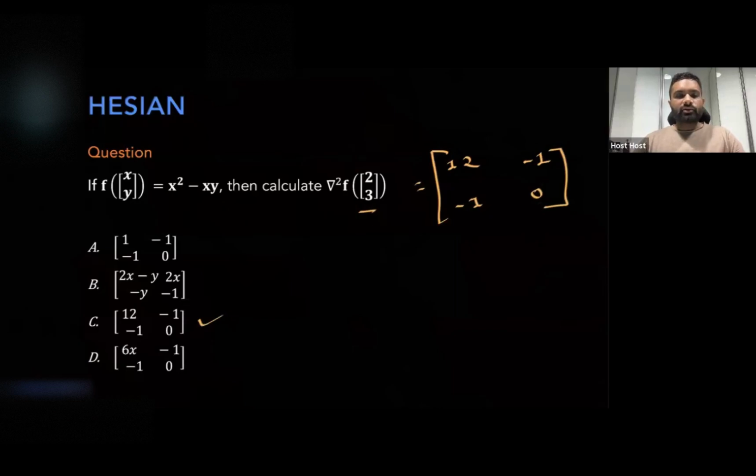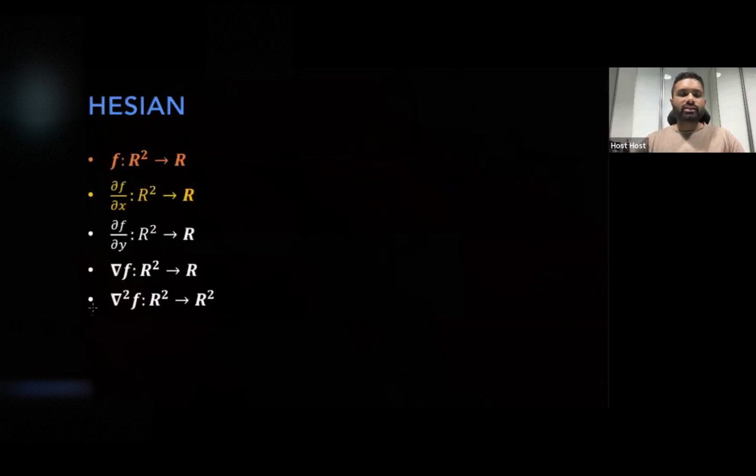C is the answer. Wonderful. So one thing I need to show you is grad square f. If I want to put a domain and codomain here, what will be the domain and codomain? So domain will be R square. I am doing the gradient again, and the domain remains the same. The codomain will become